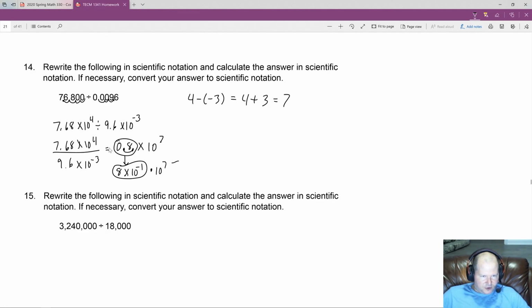Well, we have to subtract 1 from that 7. Now there's a trick to this. If you already know it, go ahead. But if it's a smaller number, you have to decrease that exponent by 1 to take into account that one space that you had to move it. But this is how it looks algebraically, right? Negative 1 and a positive 7 gives you 8 times 10 to the 6th power. So we're going to do something